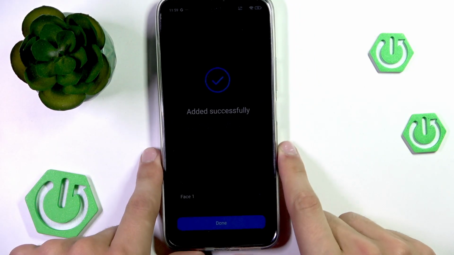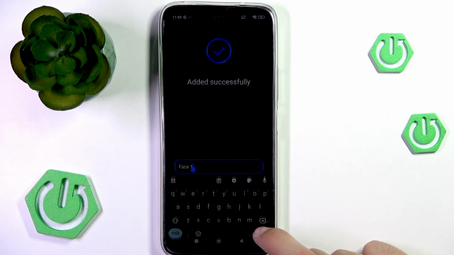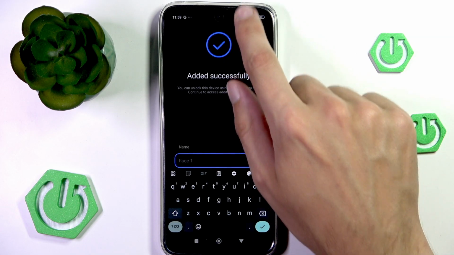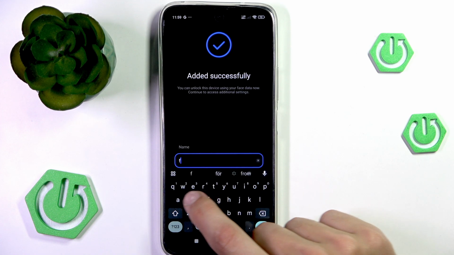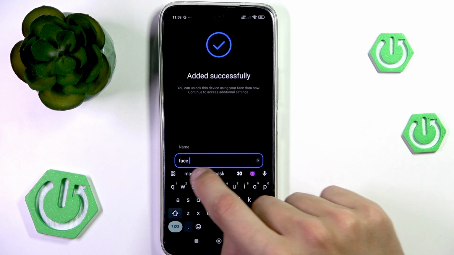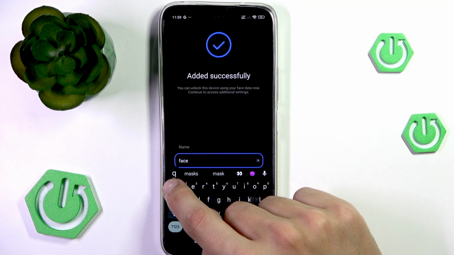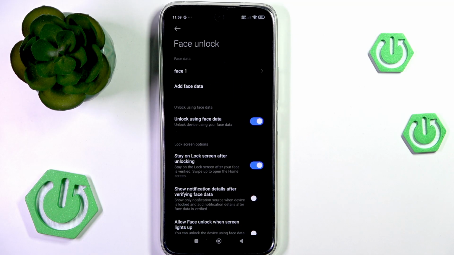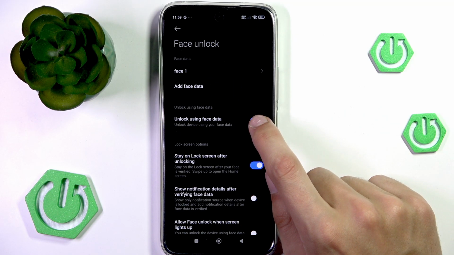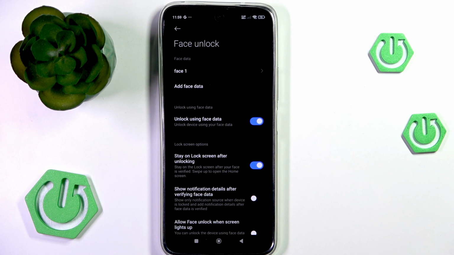Now, after your face has been added, you can give it a name. Let's call it Face 1, for example. And then done. Of course, you can turn on or off the ability to unlock your phone using face data,